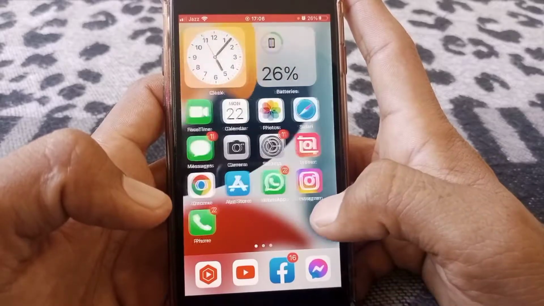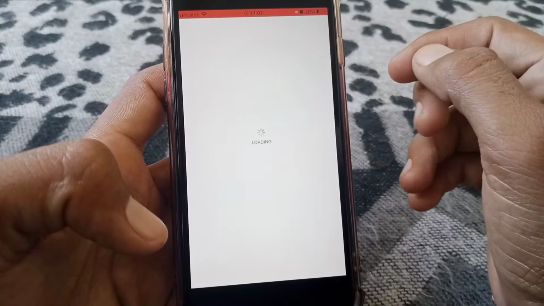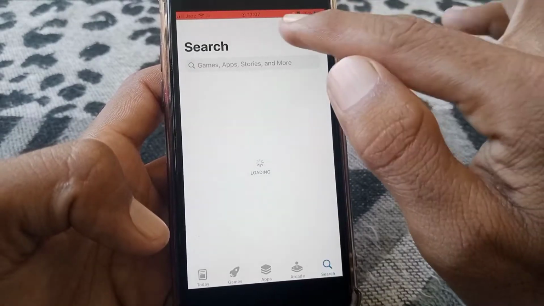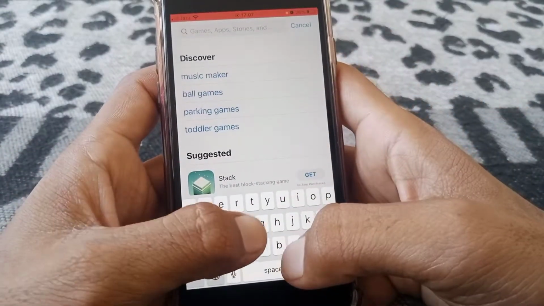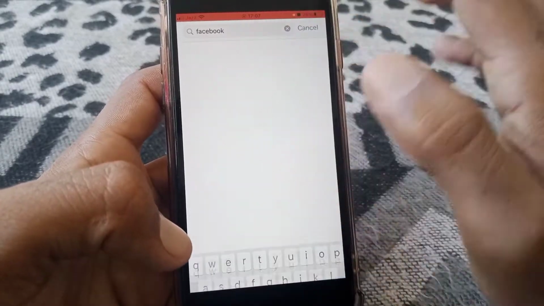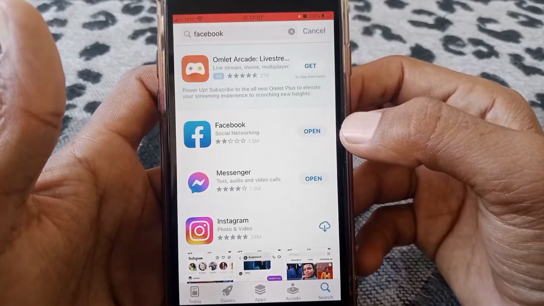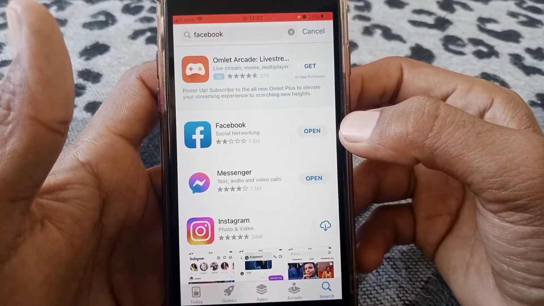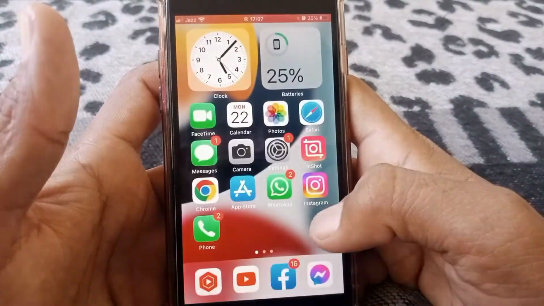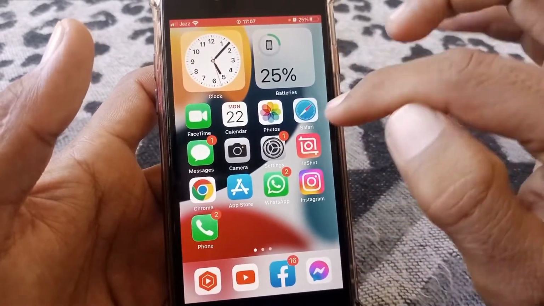And if the problem is still there, then what you need to do is open the App Store, and from here you have to make sure that you have an updated version of Facebook. So from here you have to search for Facebook. Now from here you have to make sure that you have an updated version. As you can see guys, it's showing here Open. If it's showing Update, then you have to update your Facebook and then check whether your problem has been fixed or not. And if the problem is still there, then what you need to do is open Settings